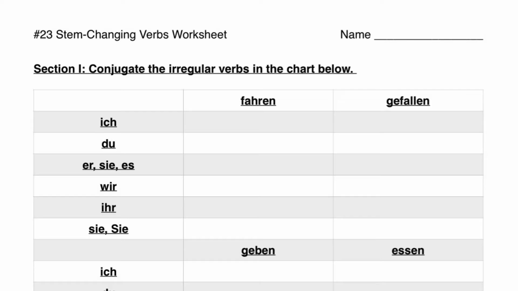So in the fahren example, we would say I drive, you drive, and so on in English, and the German version here is ich fahre, du fährst, er sie es fährt, wir fahren, ihr fahrt,